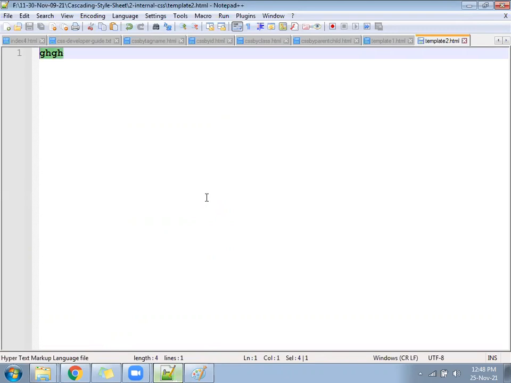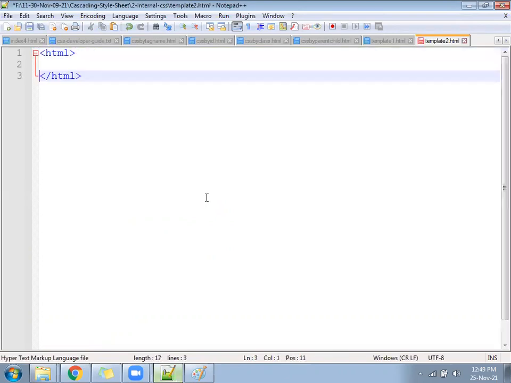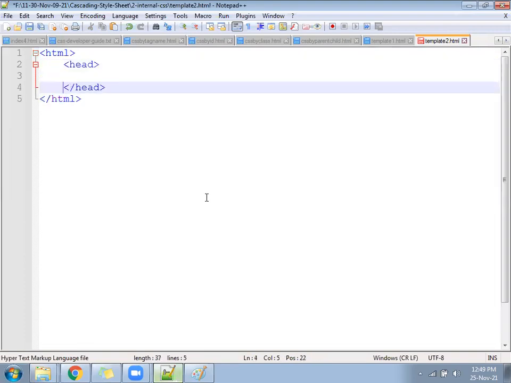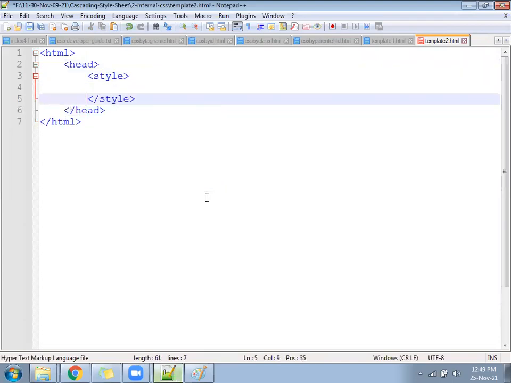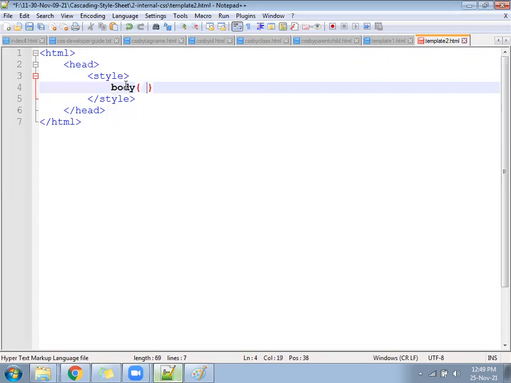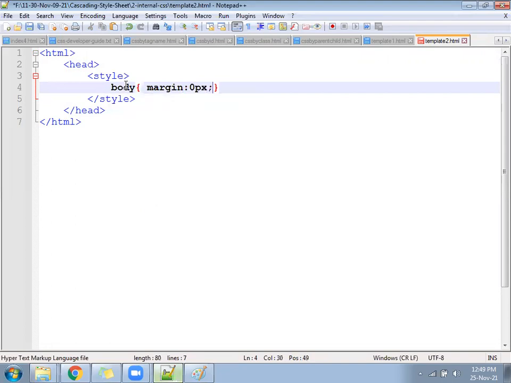This template2.html is based on all the features of ID, class and everything which we have studied till now. Let's write the body tag. For that, margin as 0px. No gap from any side for the body tag. You will follow the body tag here.